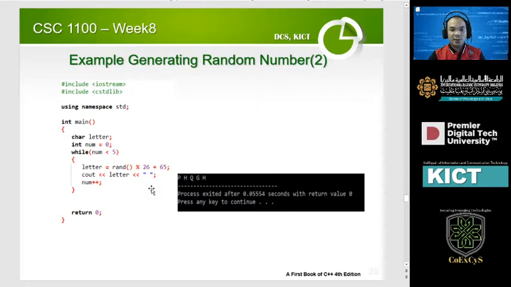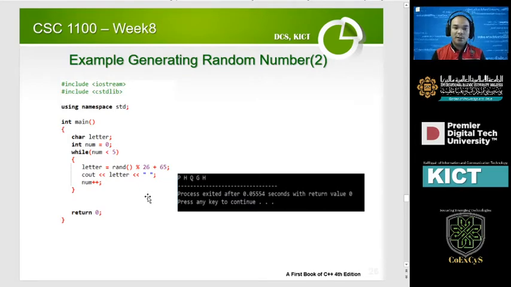So if we want to choose a random alphabet letter, we know there are 26 characters in the alphabet. The best way to do this is, whatever the number being generated, we mod it with 26, thereby returning a value between 0 and 25.